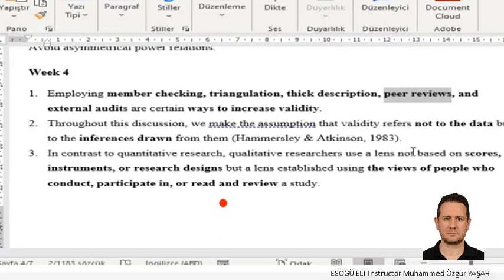You drew some conclusions, and you had some bias. Through peer review sessions, you can get rid of this bias, maybe intentionally or unintentionally.